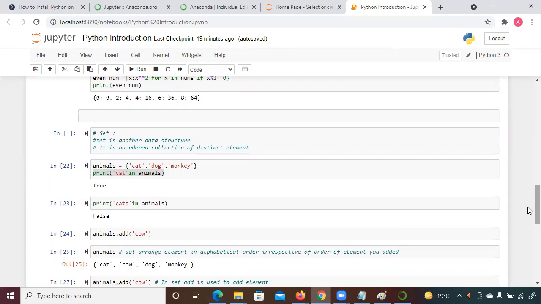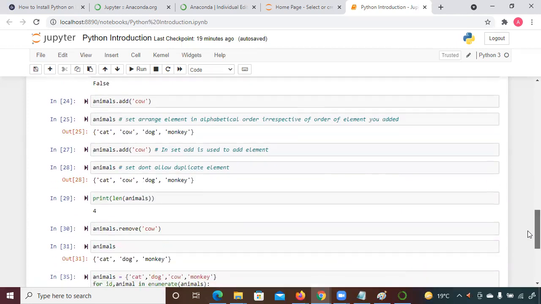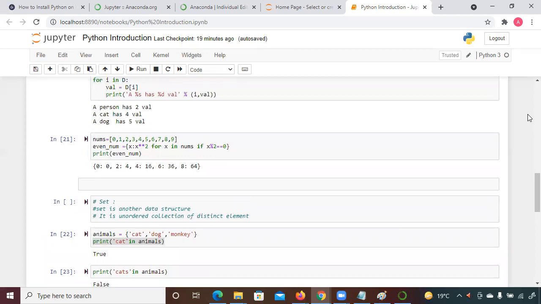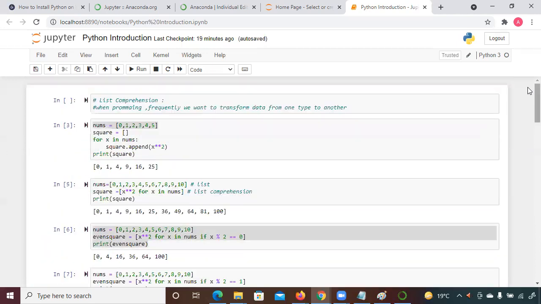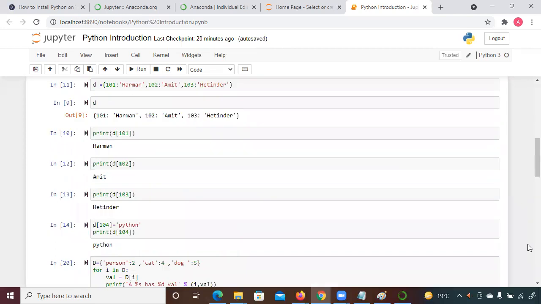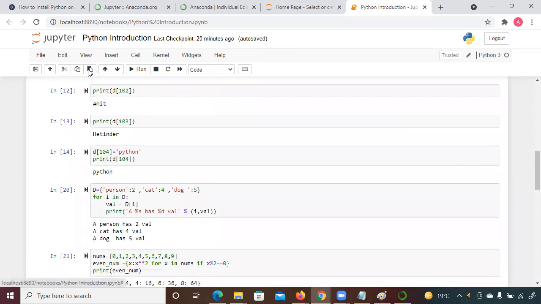Then from next week onward, we're going to start pandas, matplotlib, numpy library, and then next month we're going to start database, MySQL and all. So go through this example, because I know you might be aware of it, but if you go through it once, it is going to help you in the preparation for the interview as well, and it will help you gain command over it. I am going to download this file and share it with you. Okay.